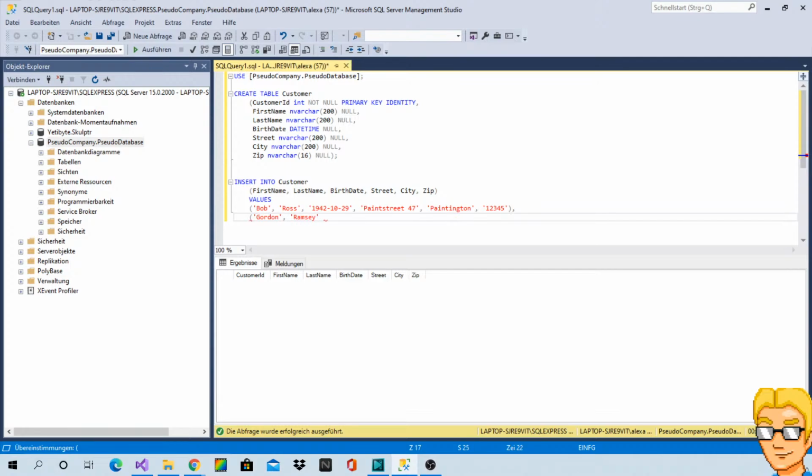I wonder what the pseudo company does, that they have Bob Ross and Gordon Ramsay as their customers. But I don't want to look up Gordon Ramsay. Whoa, what's wrong here? Did I put a dot here or something? Did I miss something? First name, last name.